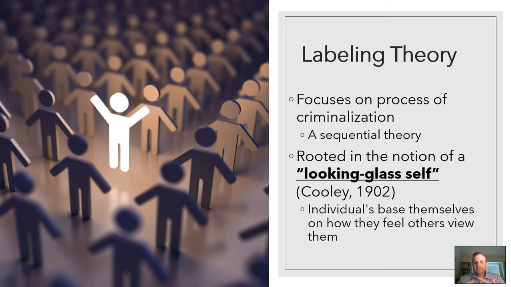So I portray myself in a manner that I believe you expect me to portray myself as. Does that make sense? That I am who I think you think I am. So, and I'm going to conduct myself accordingly. So if I think you think I'm this exceptional person, I'm going to convey that to the highest standard that I can, right? If I think that you think I'm a terrible person, well, I might fulfill that role too. So that's kind of the notion of the looking glass self.